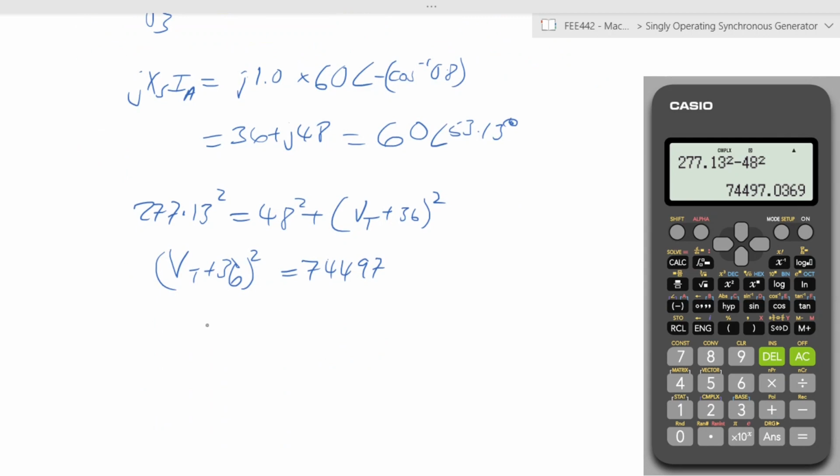Doing it further, you take the square root of both sides, so VT plus 36 is equal to 272.94. Therefore, VT is equal to 272.94 minus 36,